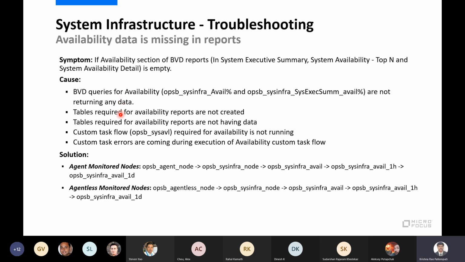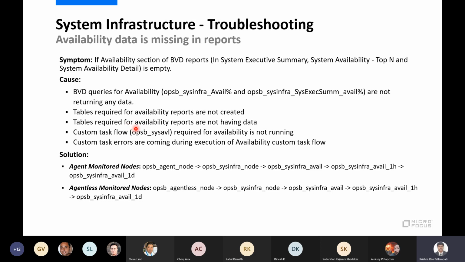Another cause might be that the relevant tables required for the availability reports are not created and not having any data, or the task flows are not running, or the task flows are running but there are some errors inside the task flow. These are the different causes.